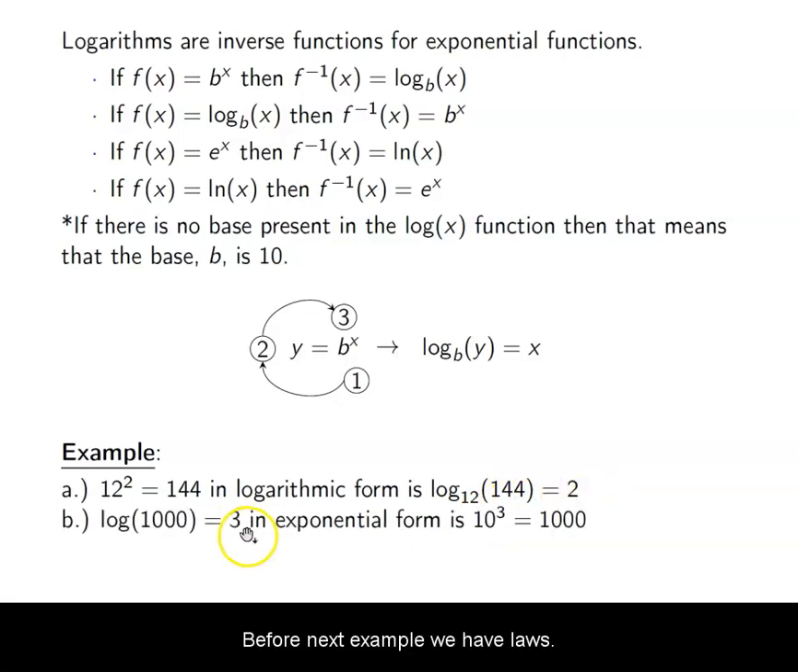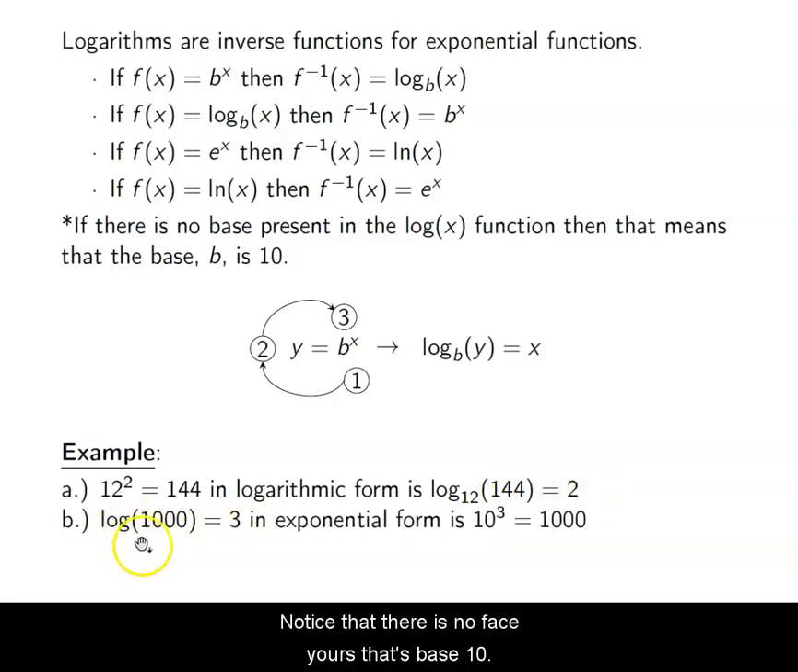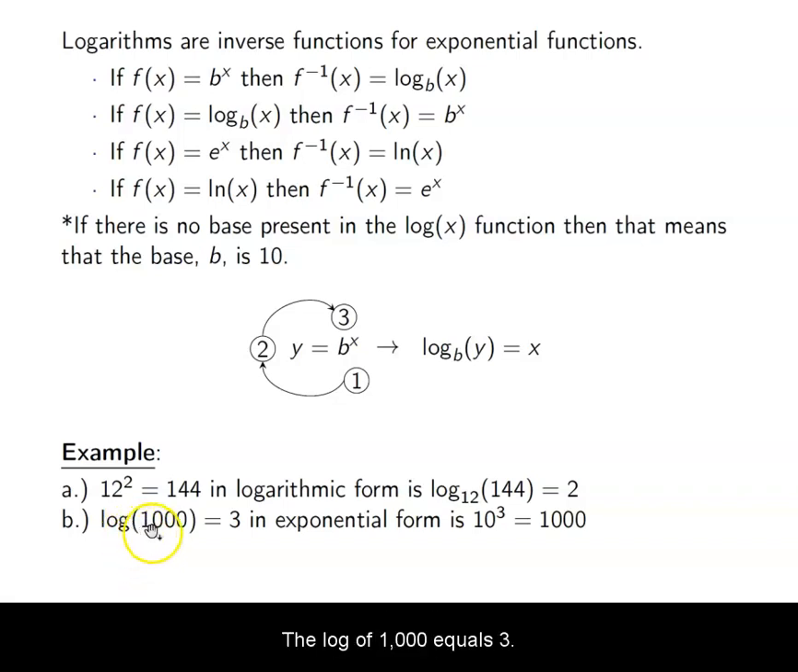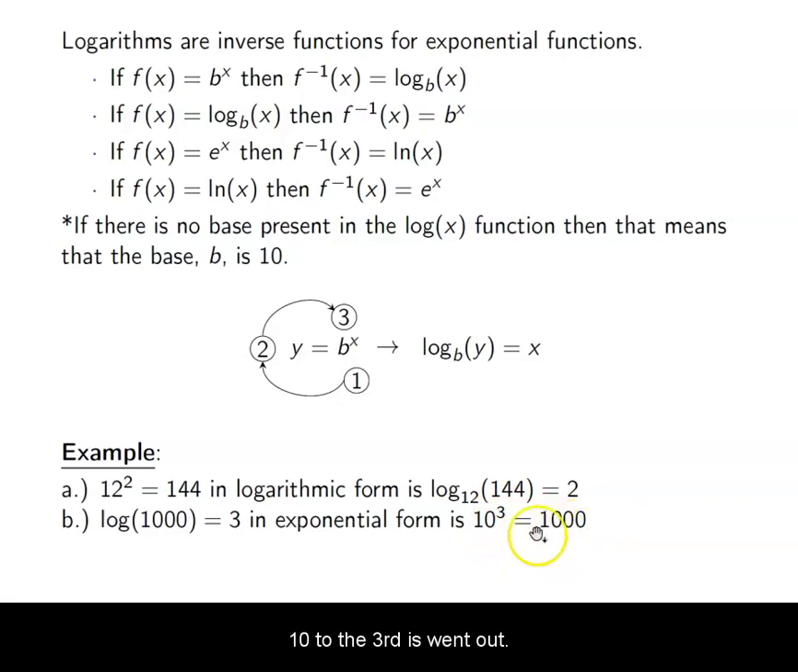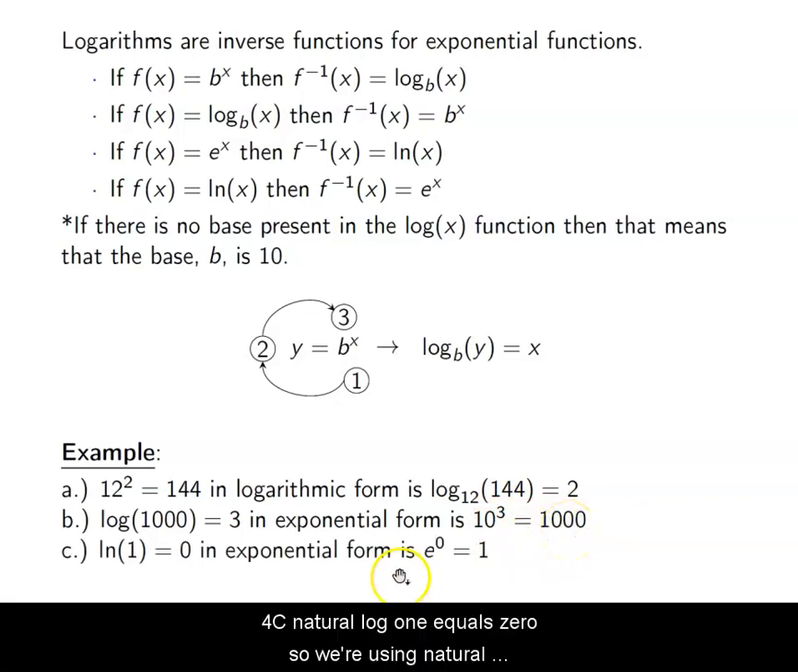For our next example, we have log. Notice that there is no base here, so that's base 10. So log of 1000 equals 3. In exponential form it's a base of 10, exponent 3. What's on the inside is your output in the exponential form. So 10 to the third is 1000. For C,